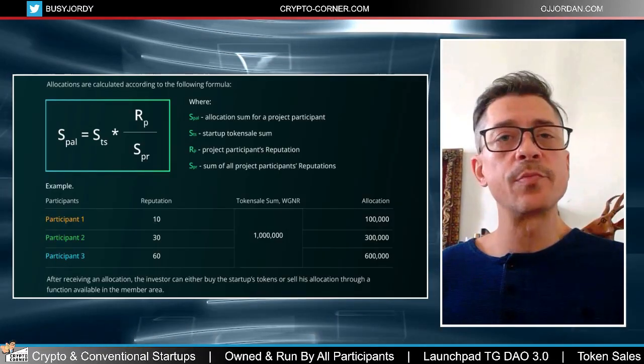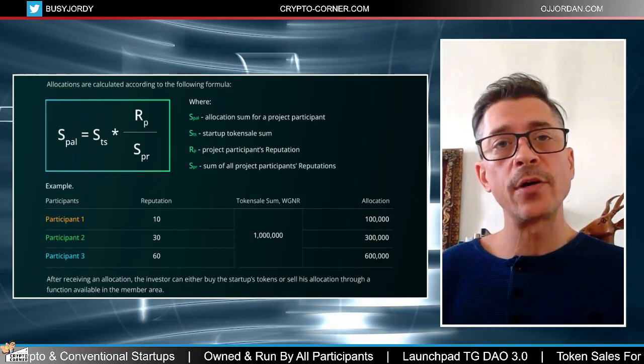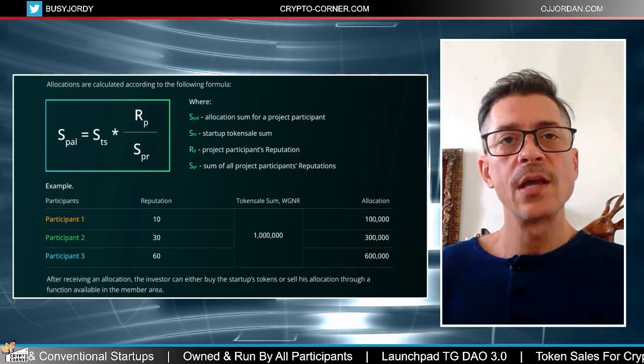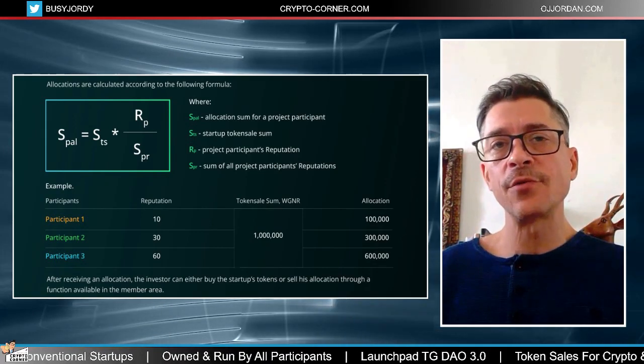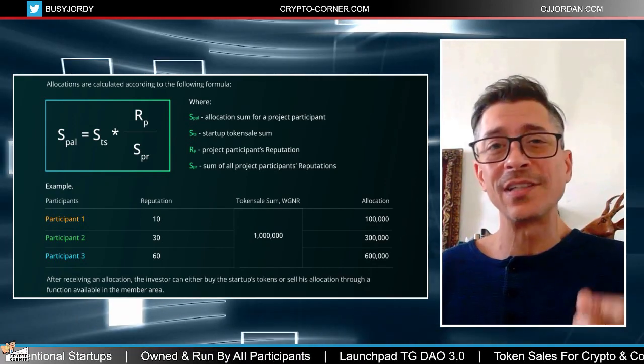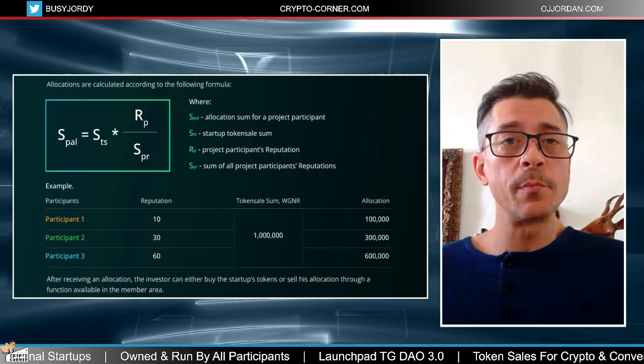When launchpads are controlled by a centralized company, they control token circulation and they can buy out a part of the startup tokens before these tokens become available for other investors, which usually leads to an artificial token scarcity for investors. TG DAO solves this problem with its distributed power among all of its users. Startups launched through the TG DAO 3.0 are selected based on the needs of the TG ecosystem members.